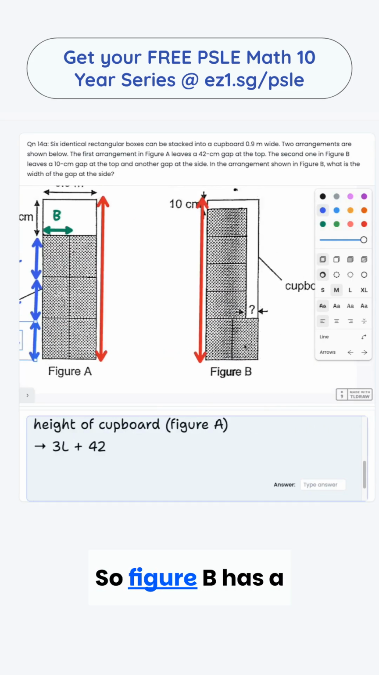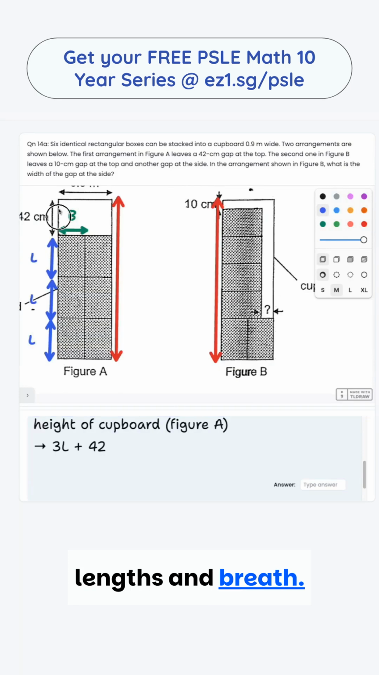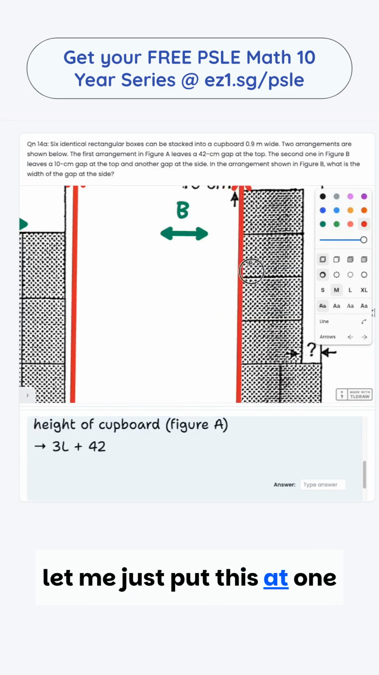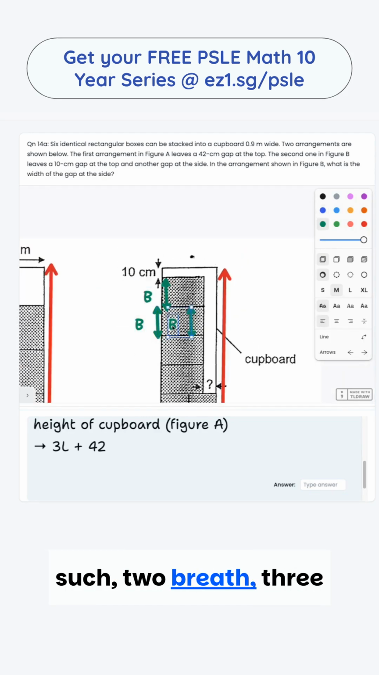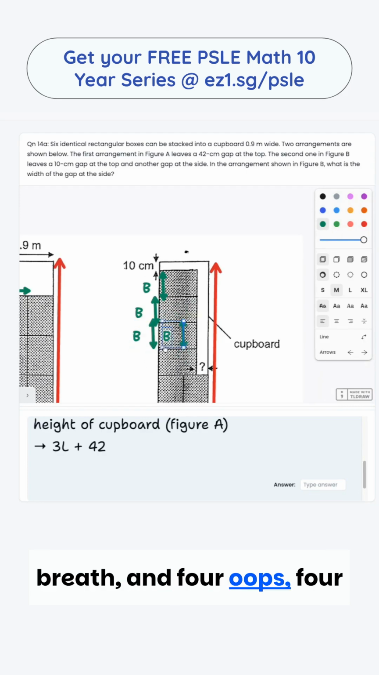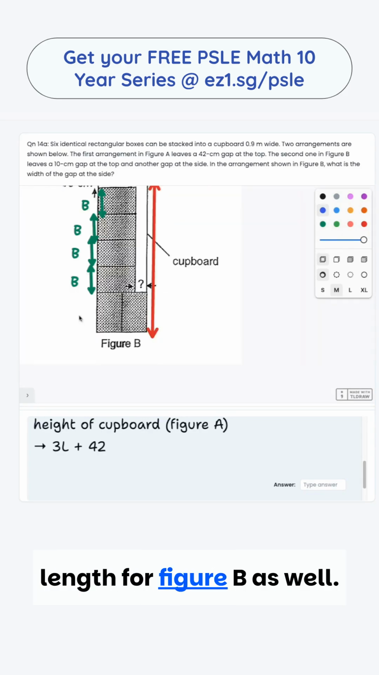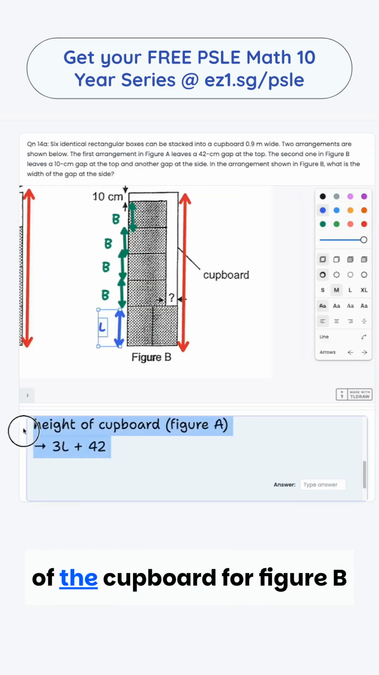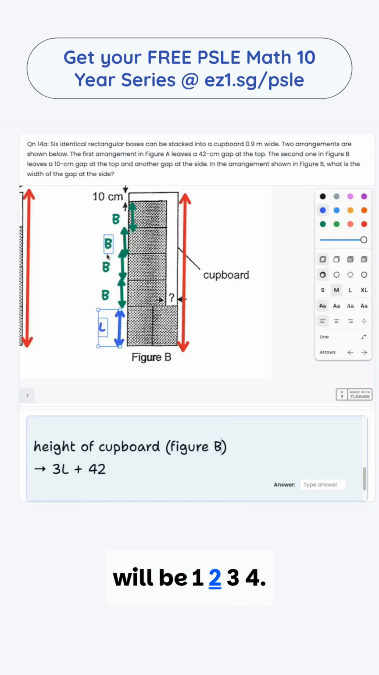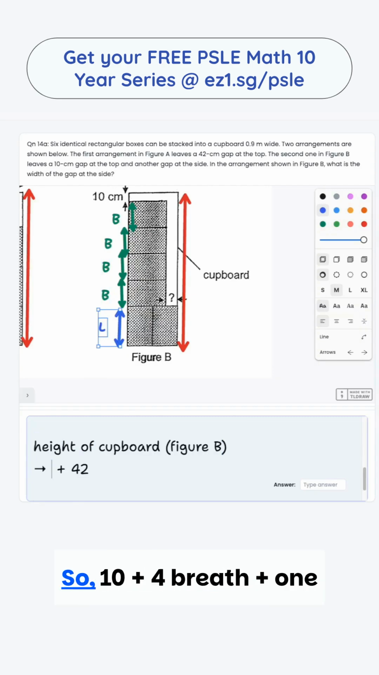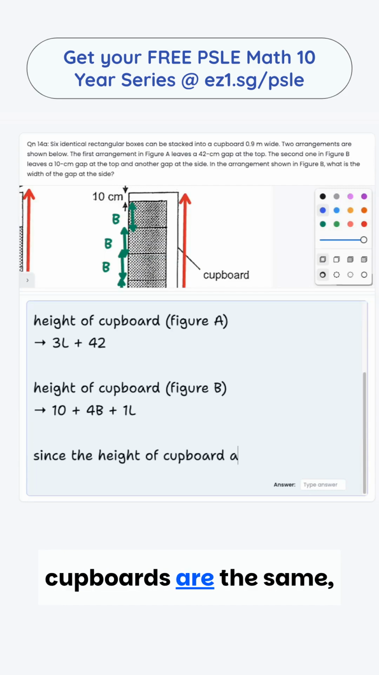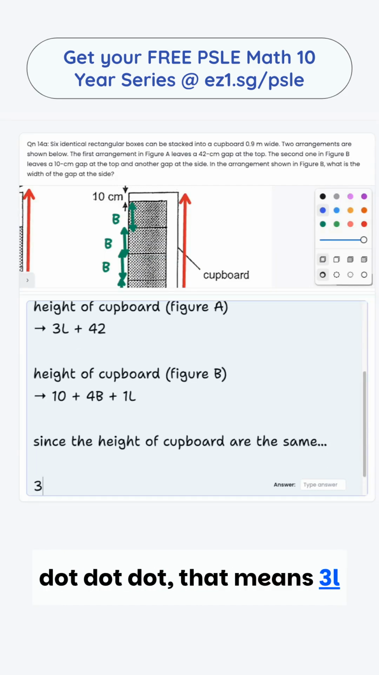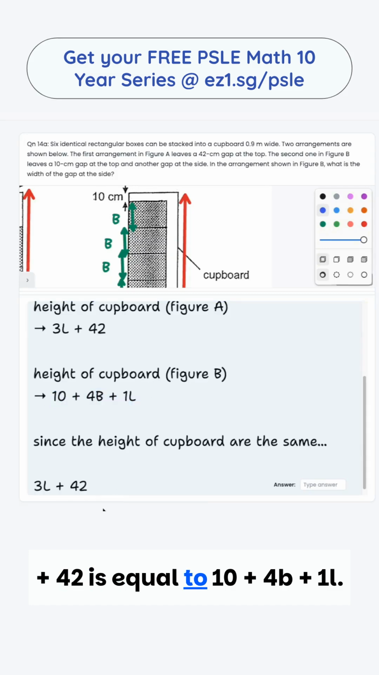So what about figure B? Figure B has a combination of both length and breadth. So we have 1 breadth as such, 2 breadth, 3 breadth and 4 breadth. And then we have 1 length for figure B as well. So that means the height of the cupboard for figure B will be 10 plus 4 breadth plus 1 length. Since the heights of cupboards are the same, that means 3L plus 42 is equal to 10 plus